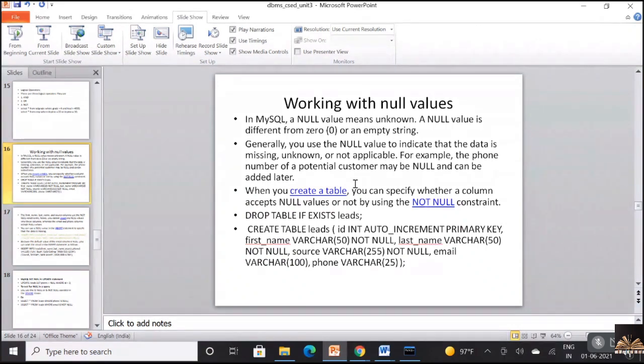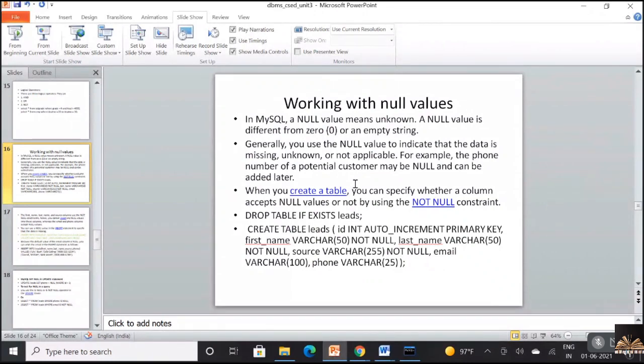Sometimes whenever I'm trying to fill customers' information, a customer might not be using a mobile. It is rare, but there are chances. So in that situation, since he does not have a mobile number, I can put that as null. It's not 0, null. And whenever that particular customer is taking a mobile number, I can replace that null by the current mobile number he is using.